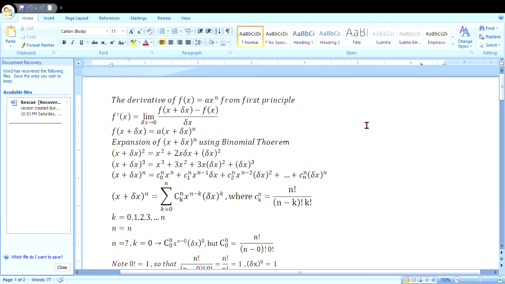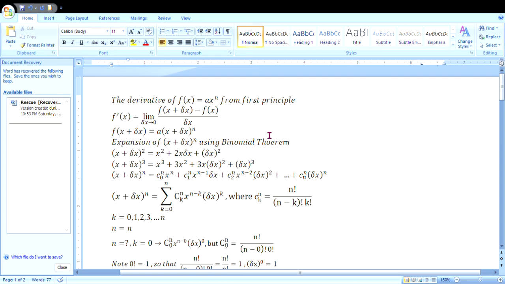Find the derivative of f of x is equal to a times x raised to the power of n from first principle. Here, the formula for first principle is f prime of x is equal to limit as delta x tends to 0, f open bracket x plus delta x close bracket minus f of x, divided by delta x, where delta x simply means a small change